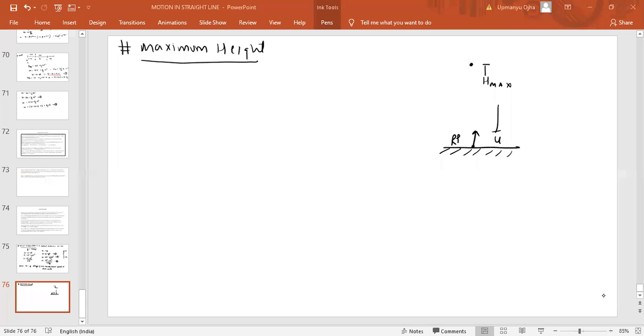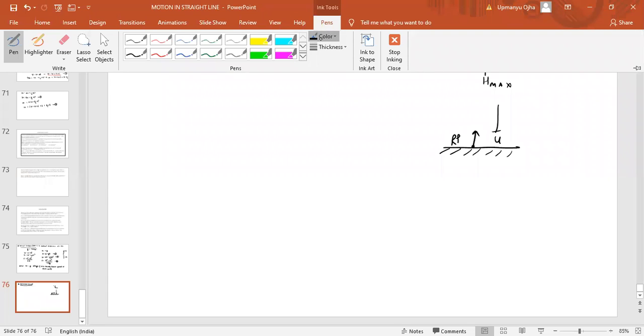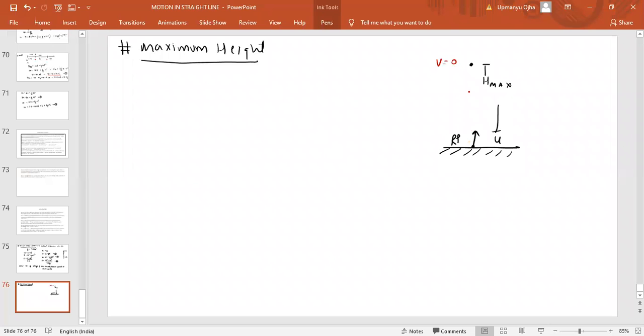Is that correct or not? When the final velocity becomes zero, then you have the maximum height. Now can you find the value of the maximum height? Which equation can we use here? We can use the third equation, s equals v square minus u square by minus 2g. You have to be very careful when using this equation. Now here s is what? Distance travelled or displacement of the object?